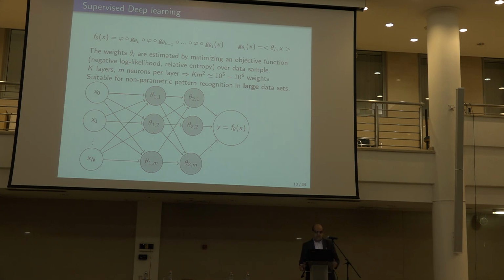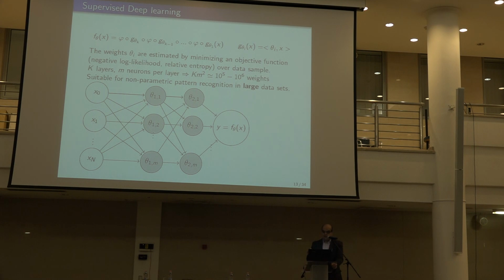You have a large data set and you match the outputs in this data set, the relation between input and output, and you minimize the loss to get the best fit in sample. And this gives you some estimation of the weights through optimization. So that's the idea of supervised deep learning. This is typically an ill-posed problem. You need to do regularization of your optimization and so on. So there are a lot of technical issues involved here, but that's the idea of supervised deep learning.